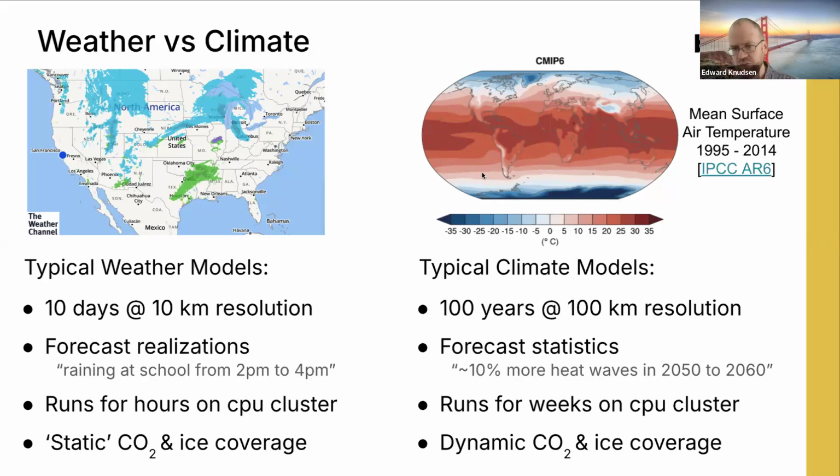Climate models, by comparison, tend to try and forecast statistics. So in this decade, will there be more or less heat waves than in the prior decade? Weather modeling accuracy tends to fall off significantly after this 10-day or 2-week time period. And so, of course, that's why the models are not run for longer. And that accuracy fall off for predicting realizations is inherent in climate modeling. And so that's why we rely on the statistical predictions of these models rather than particular realization predictions.